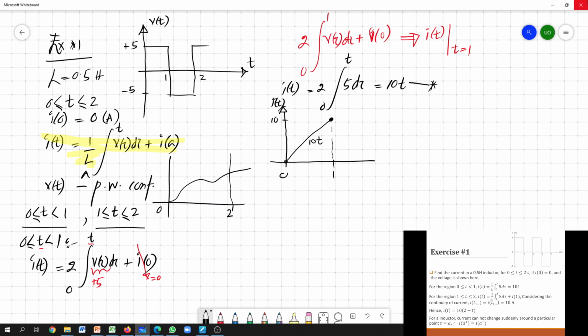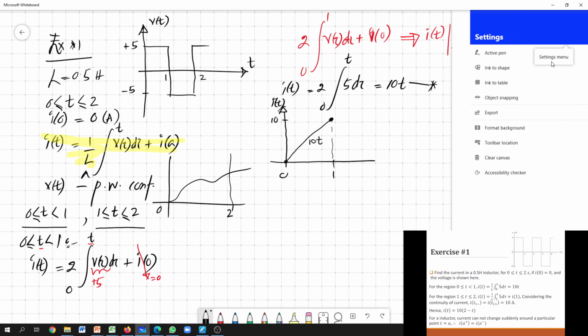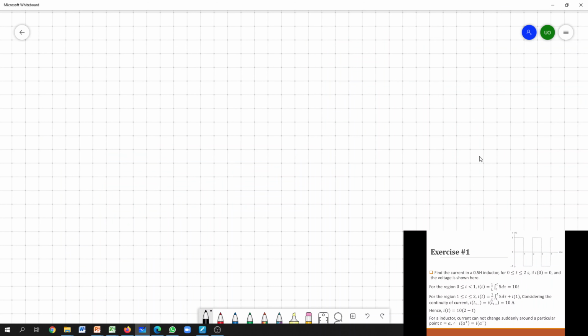So what happens for the next case? If we consider this, then again it's 2 times the integral, which goes from 1 to t. Now this t value is in between 1 and 2. So the integral goes from 1 to t, where t is between 1 and 2, of v tau d tau, plus